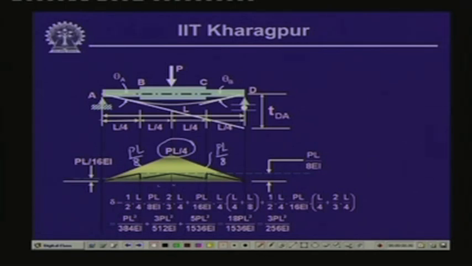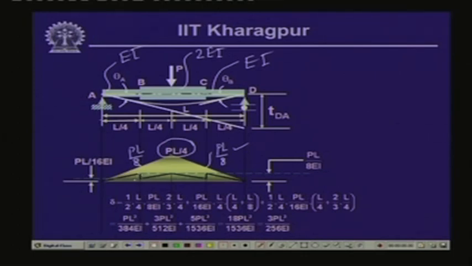and for drawing the M by EI diagram we divide the ordinates of the bending moment diagram by the respective EI values, and as you can see over here, for these two parts you have one EI value, for this part BC you have another EI value. So, over here the flexural rigidity is EI, for this flexural rigidity is EI, and for this flexural rigidity is 2EI. So, when we divide by these magnitudes EI and 2EI, at this point we get PL by 8EI